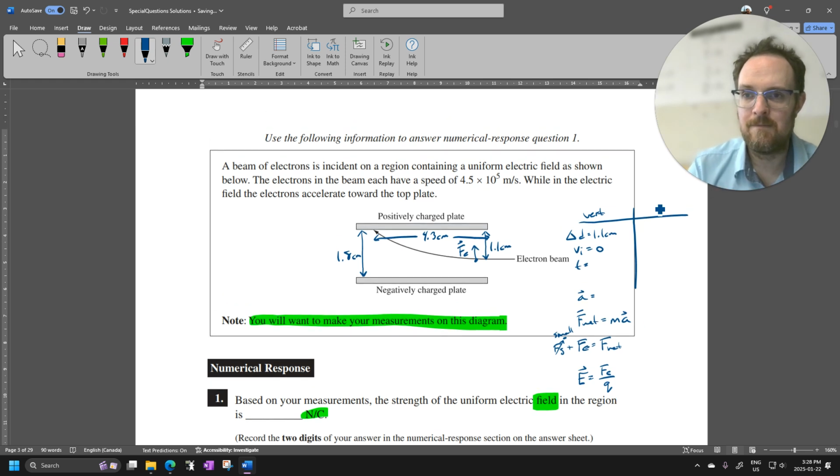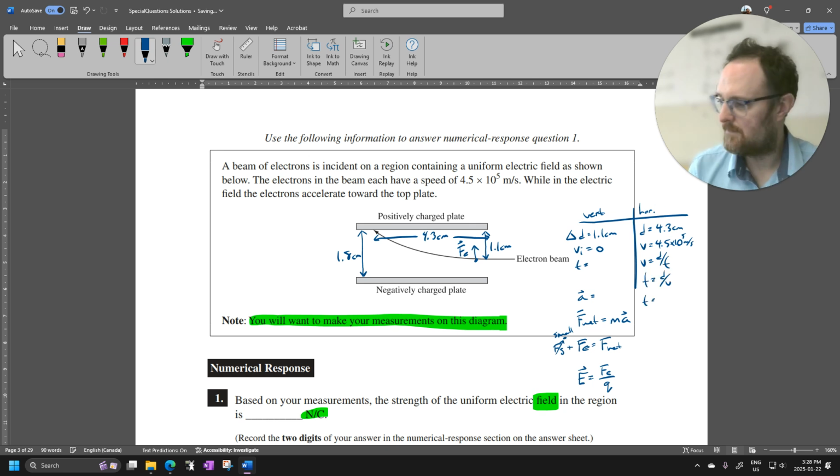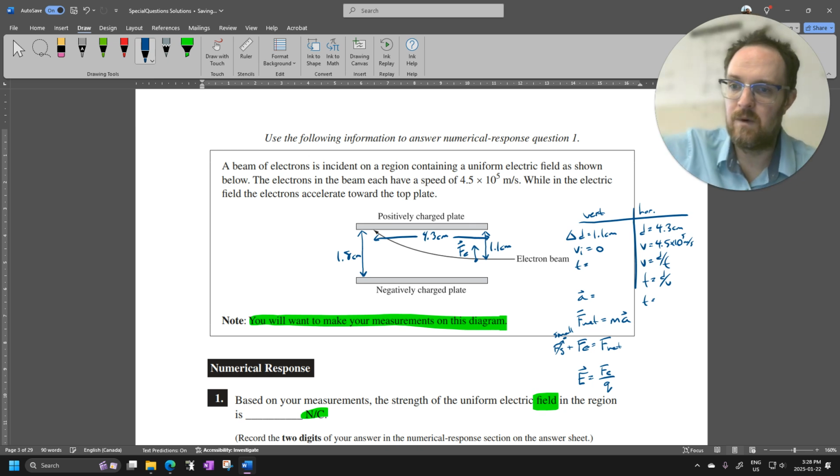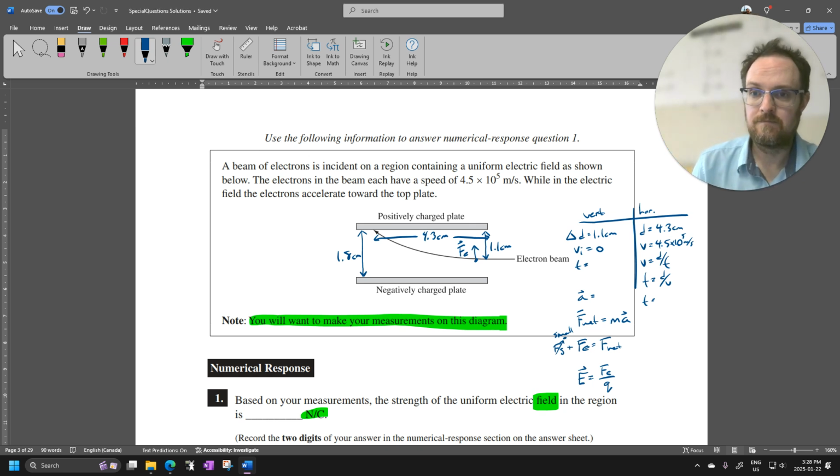I'm going to scroll up here just a bit more. In the horizontal section, we can find time because we know the distance it travels here is 4.3 centimeters, and its horizontal speed is 450,000 meters per second. So we can use d over t to solve for time. All right, so we pull out a calculator, and we can start doing this question. 4.3 centimeters, I'm going to change it to meters, divided by 450,000,